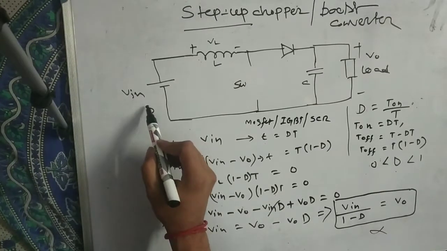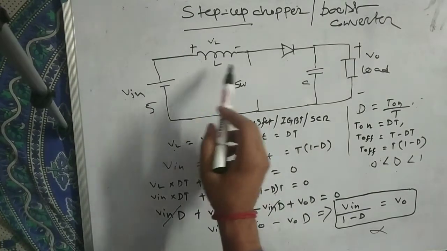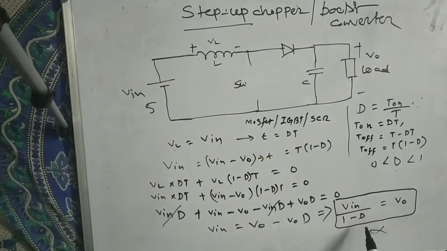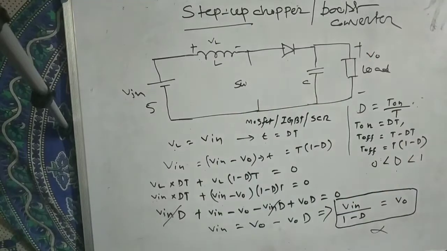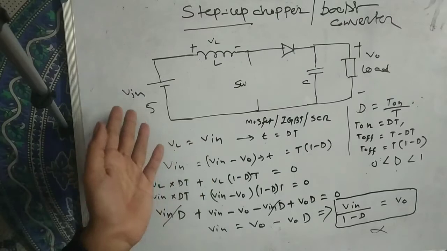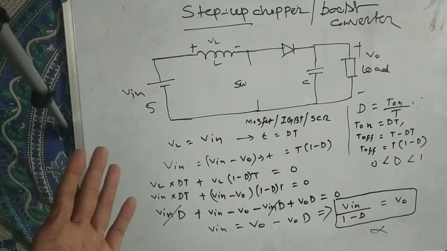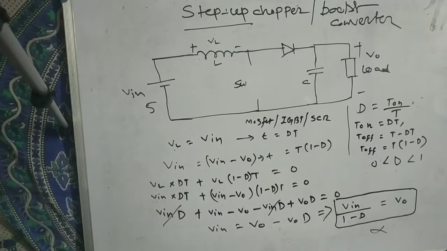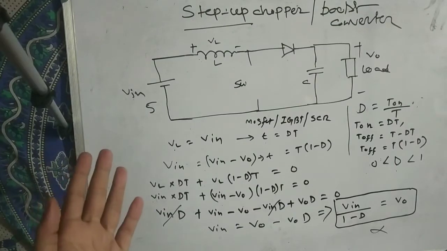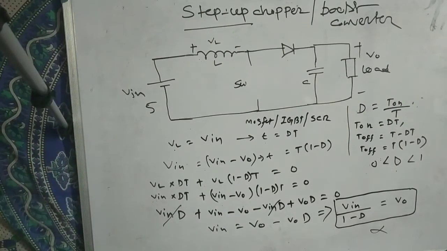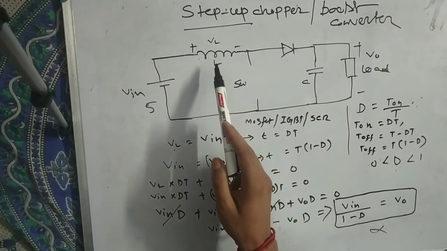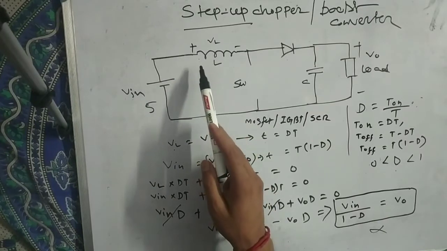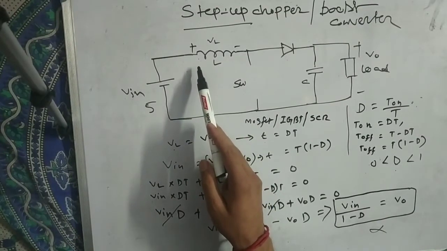We are giving a 5 volt supply and we are setting the duty ratio such that the inductor is always in the charging condition. So we will be getting infinite voltage. Then if we are getting infinite voltage using 5 volts, what is our high voltage transmission line required? There is no requirement. You are getting a huge amount of voltage using 5 volts. It is not possible because this inductor is not purely inductive in nature. There must be some resistance in it.